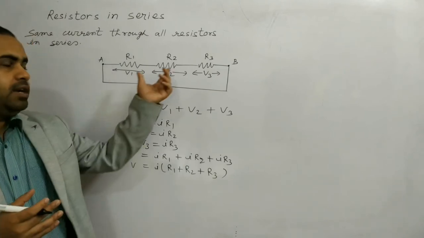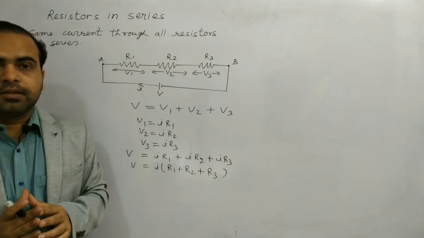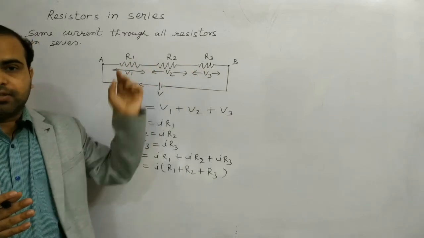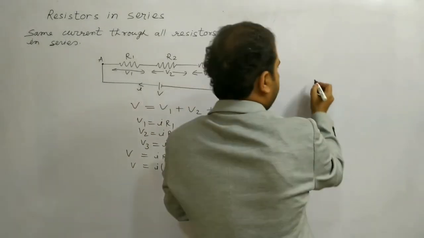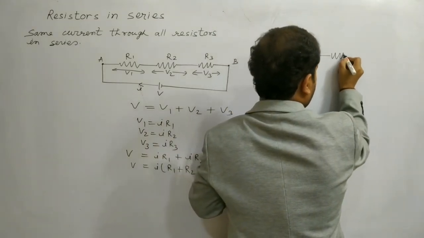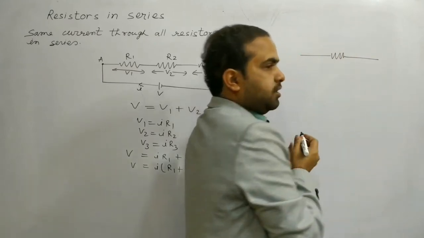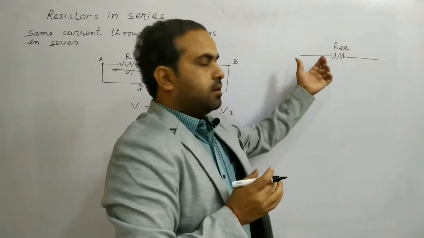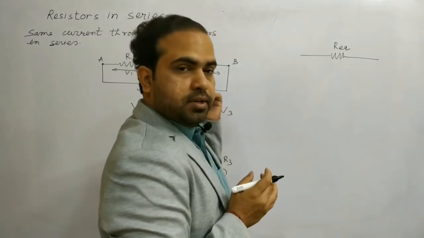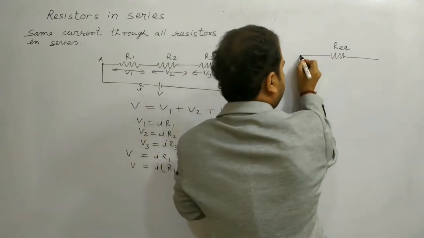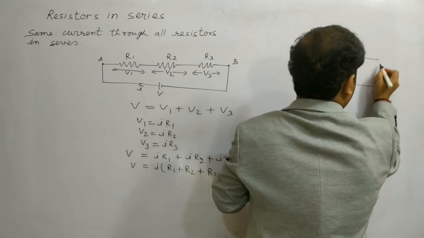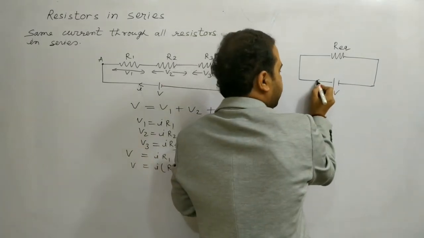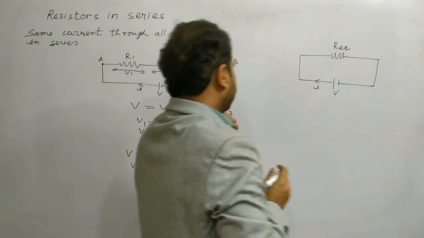Now we want to find out the equivalent resistance of these three resistances. यहाँ पर equivalent resistance कहने का ये मतलब है कि अगर इन तीनों resistors को replace कर दिया जाए एक single resistor से, let's say its resistance is R equivalent, और इस रेजिस्टर को भी अगर same potential difference V के across connect कर दिया जाए, अगर ये रेजिस्टर भी draw कर रहा है same current I जितना कि इस केस में draw किया गया था,